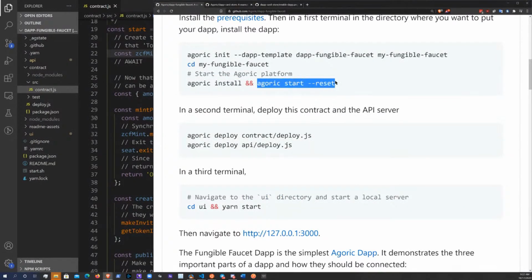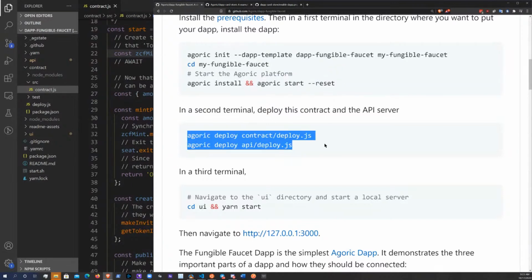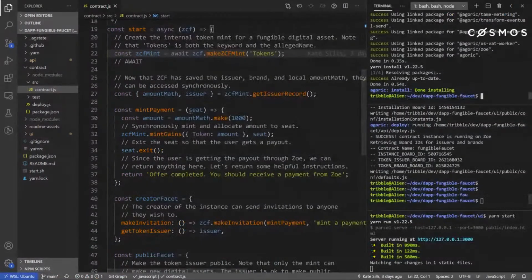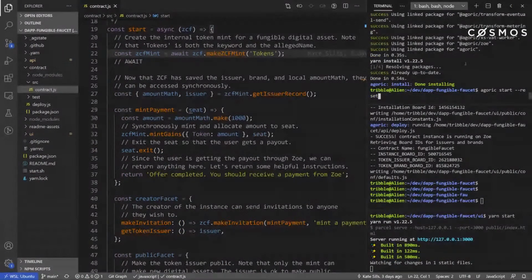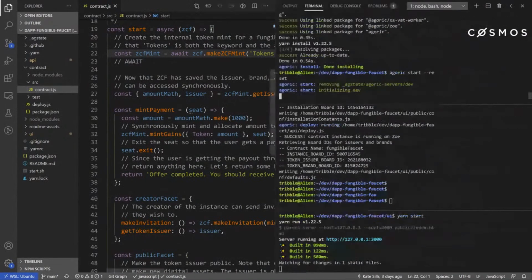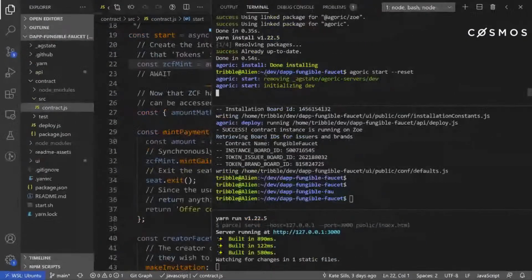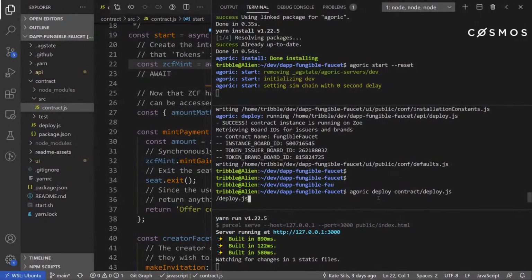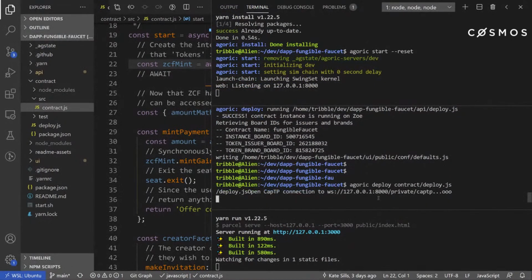So Agoric start dash reset starts up the chain in a blank slate, and then I'm going to go and deploy the application. Right now I'm going to reset the chain, and in this scenario, let me make it slightly bigger. You can see that I've started executing the chain, and it's now running in this window. I will go over to this window. I will execute the two deploy commands,